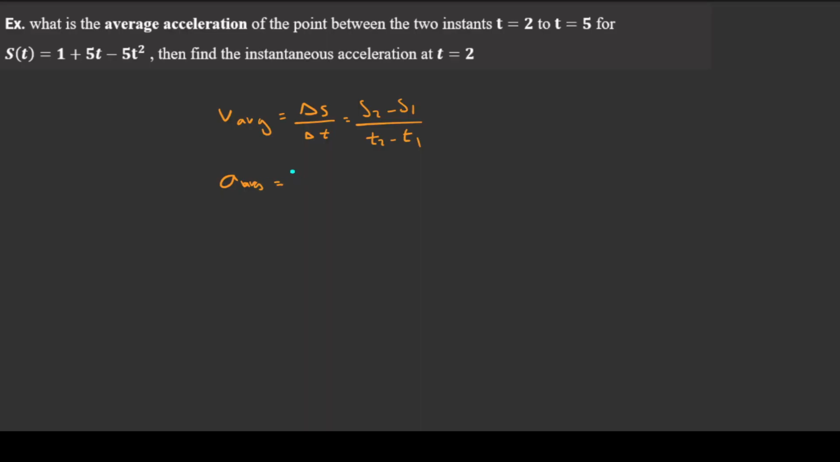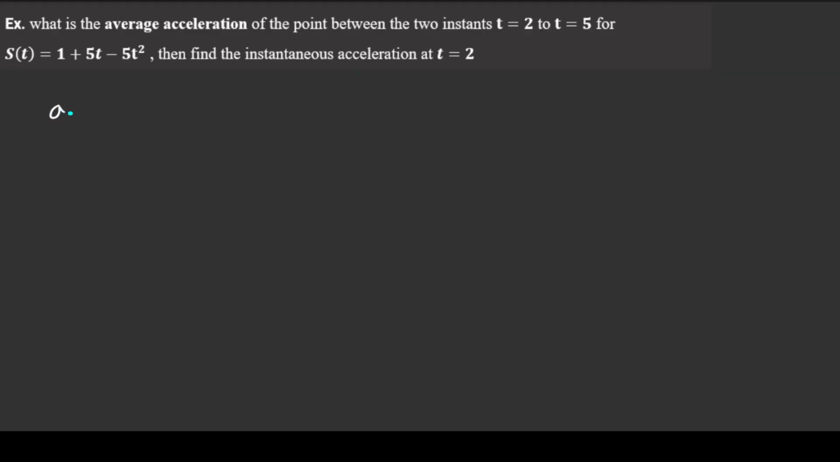of course velocity, so it's going to be delta v over delta t, so it's going to be v2 minus v1 over t2 minus t1, because when we differentiate velocity we get acceleration. So average acceleration is the same as average velocity. Now to find the average acceleration, the formula is